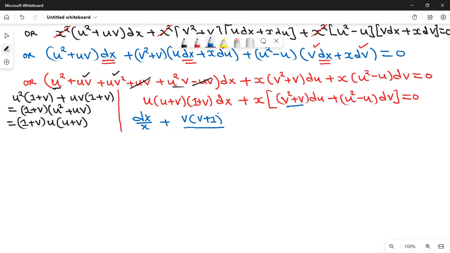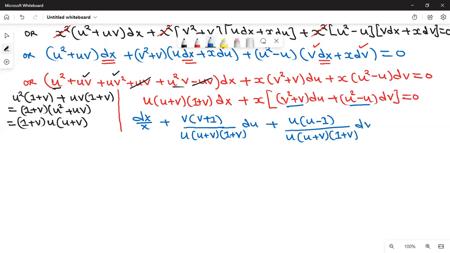Then we are dividing this by u plus v, 1 plus v. This is du. Then plus the other one. Here I can see u is common, so I can write this as u into u minus 1, all of this divided by u into u plus v into 1 plus v dv is equal to 0. And so we can now simplify